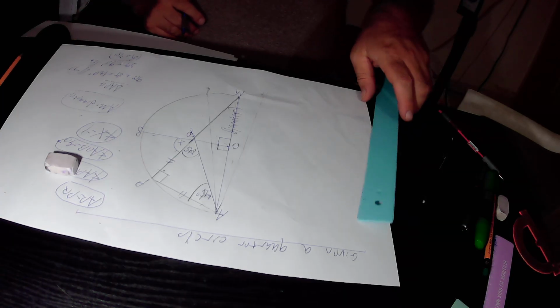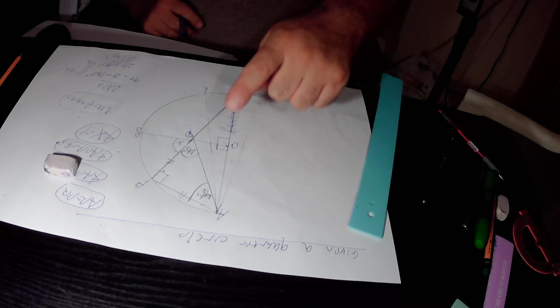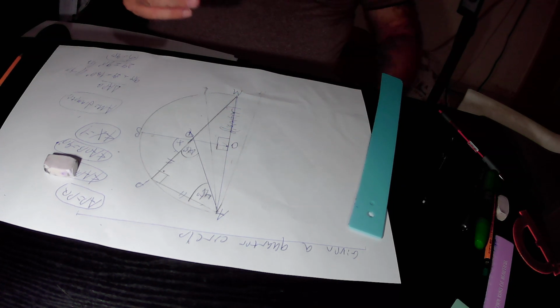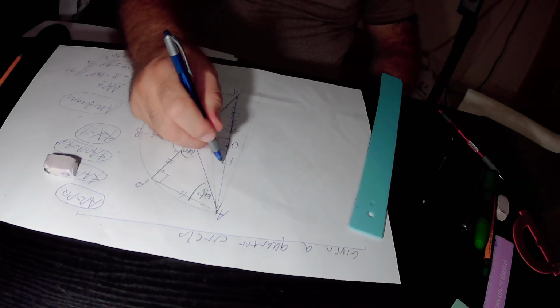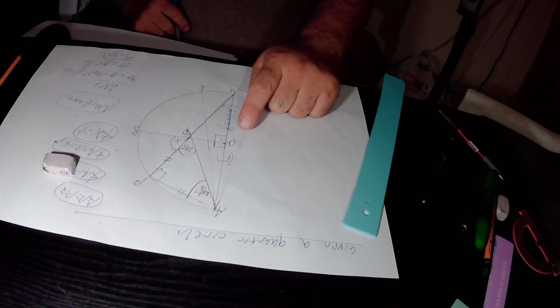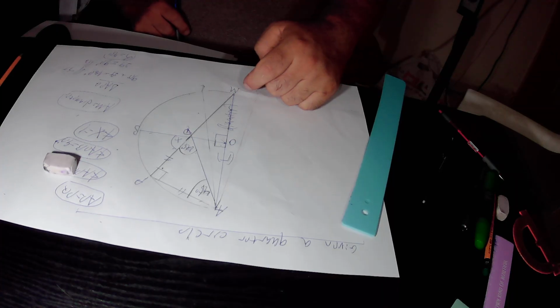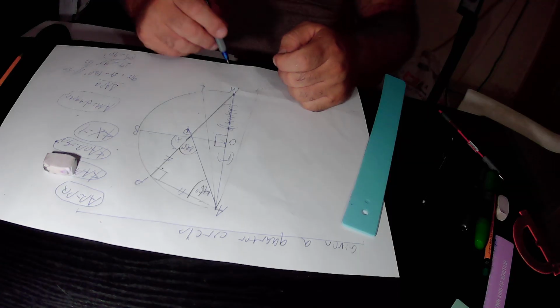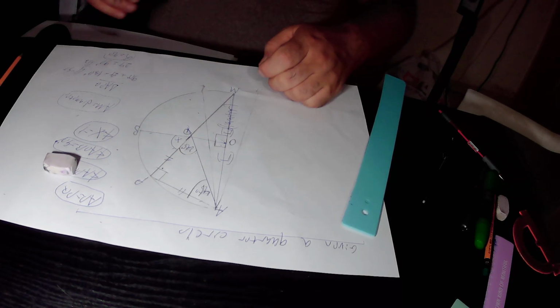First of all, point O is the center of the semicircle. Point A is a point on the semicircle itself, therefore AO is a radius of this semicircle. We define the radius of this semicircle to be equal to R. Likewise, point O is the center of the semicircle and point M is a point on the semicircle itself, therefore OM is the radius of this semicircle, equal to R according to our definition. So we can write down that